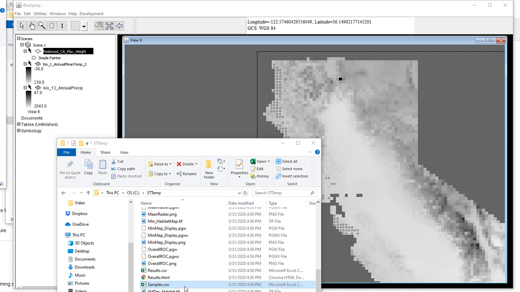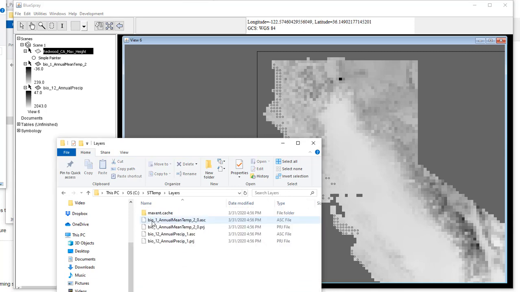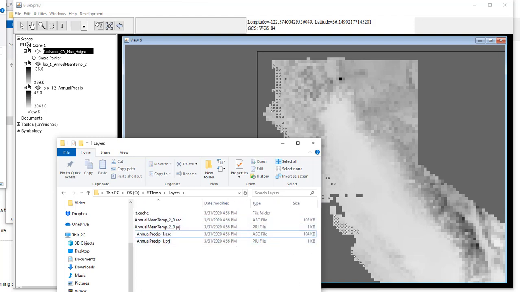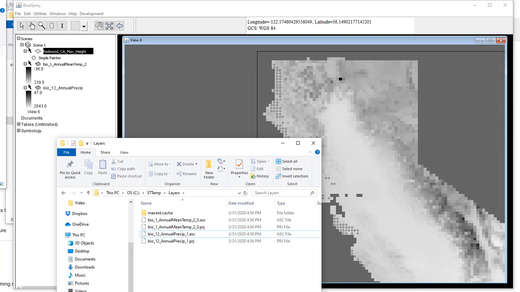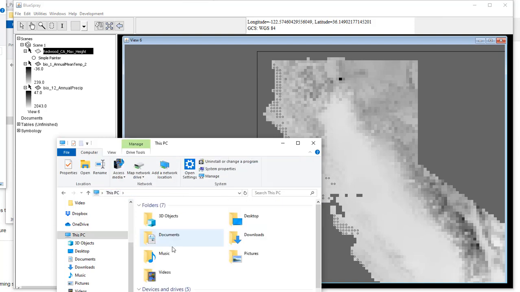Just move that out of the way. And then there's a folder in here with our layers, and you can see that these are the ASCII grid files that MaxEnt's looking for, and they should be exactly the same size. That's interesting, one is slightly larger. Well, that can happen with the variance in the numbers, but as far as the width and the height goes, they should be exactly what MaxEnt needs. So now we can go back to our MaxEnt folder,